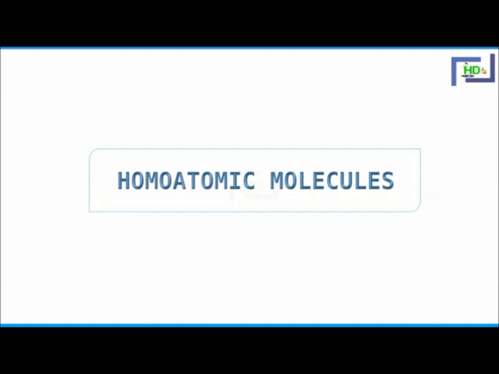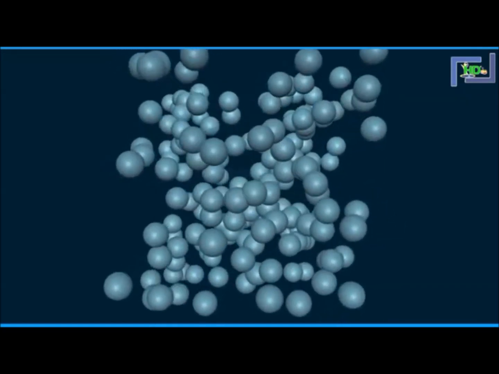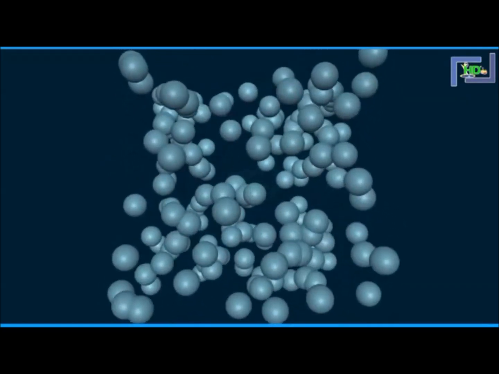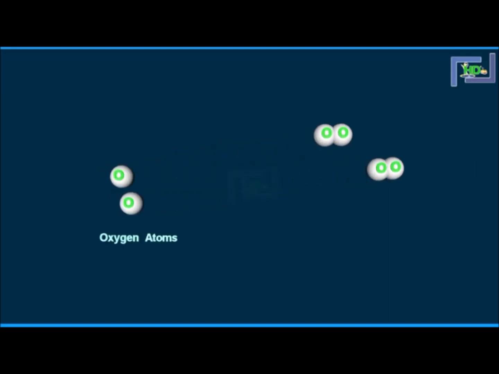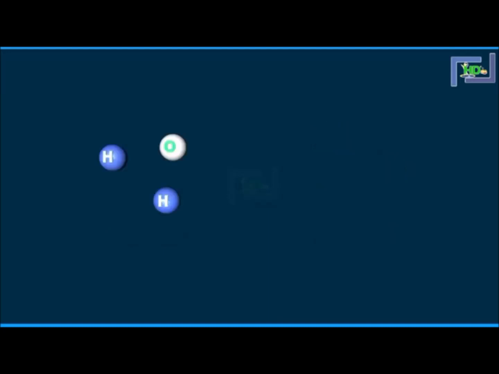Already we know that an atom is the smallest particle of an element that exhibits all its properties and may or may not have an independent existence. A molecule is the smallest particle of a compound which is capable of independent existence. Molecules are formed when atoms of one or more elements combine in fixed ratios. The molecules can be made up of atoms of the same element. They can be made up of atoms of different elements.